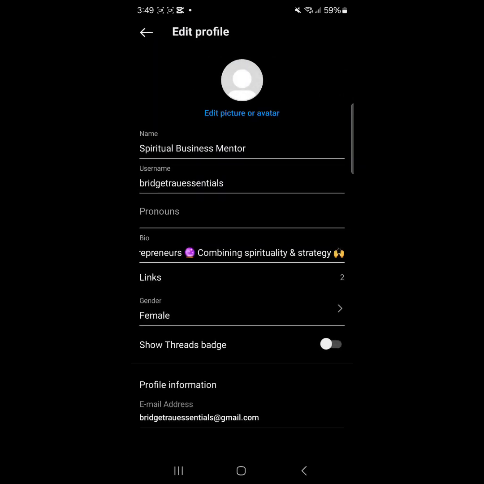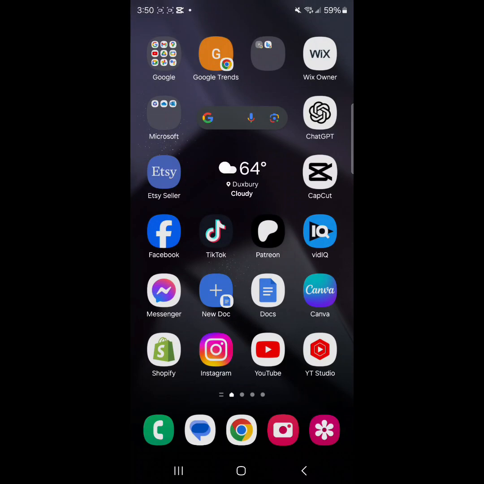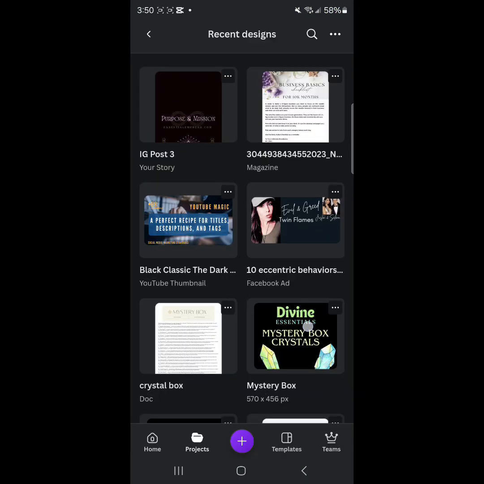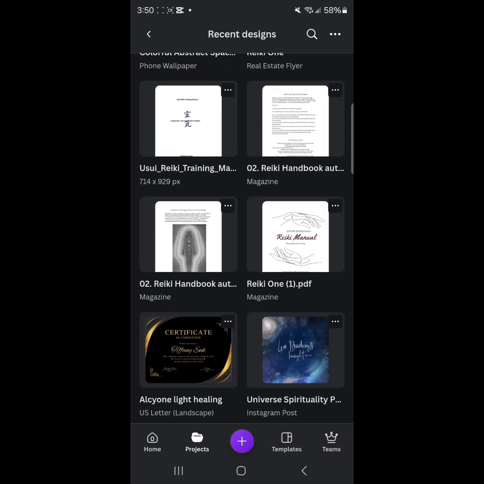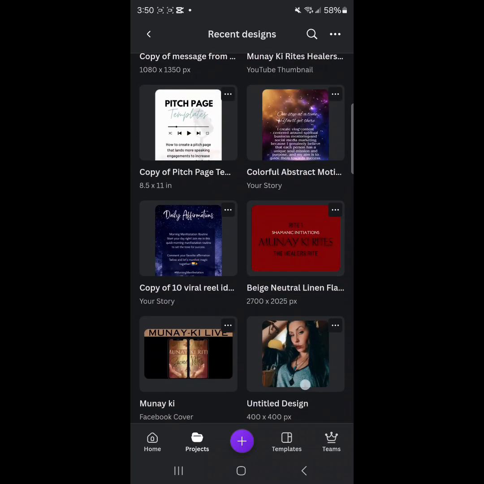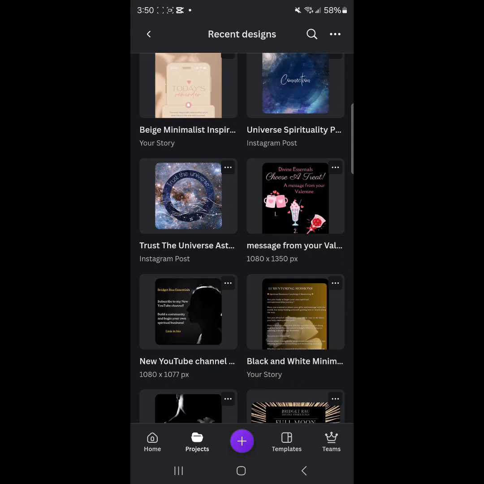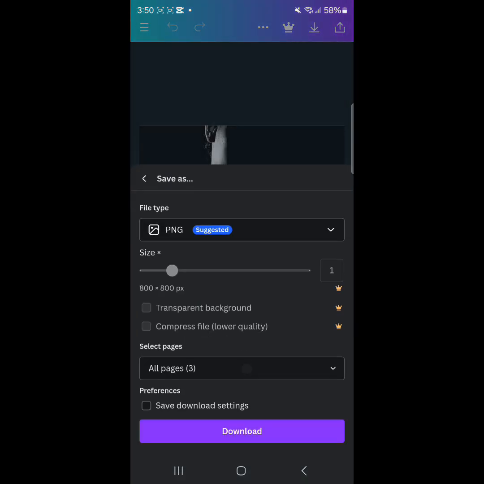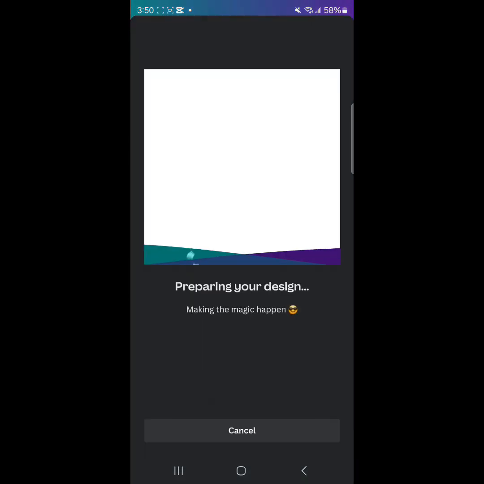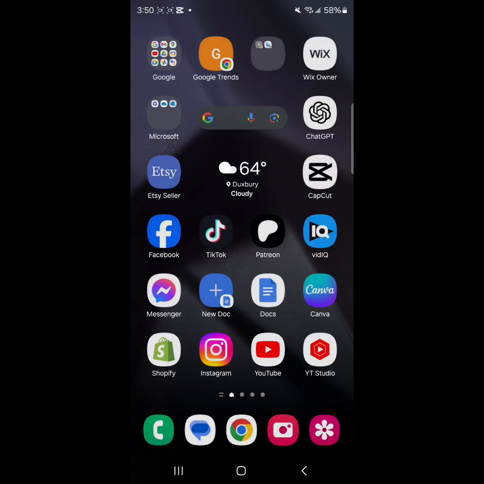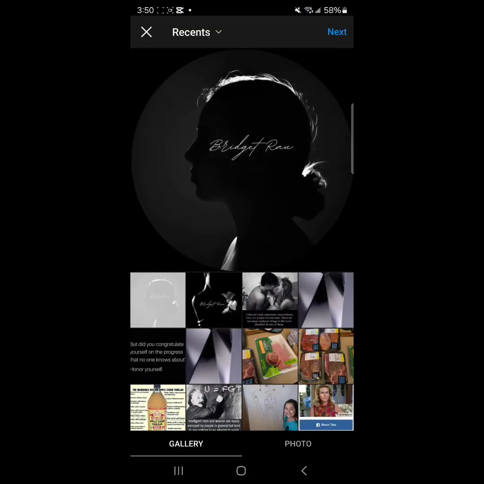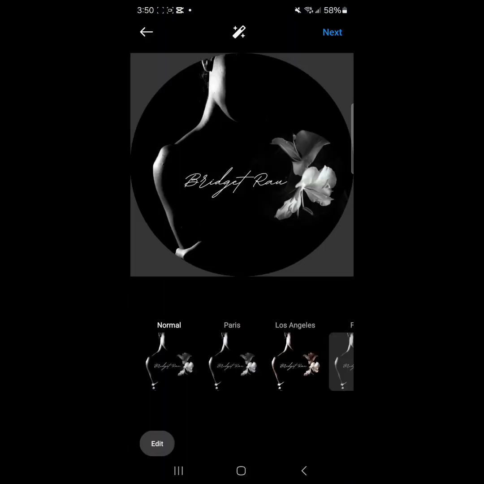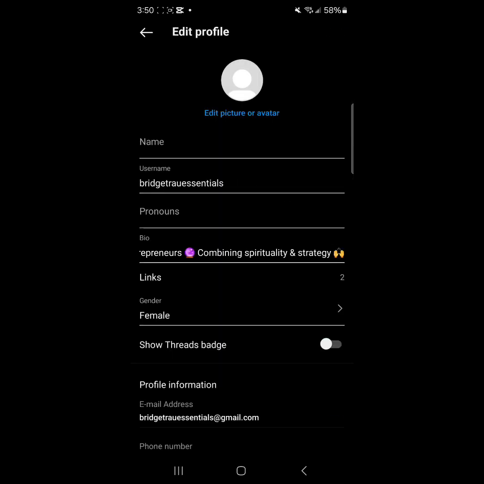So we've got a little avatar, and then we'll go get my thing in Canva. Where's my picture? Here we go. I'm just going to download both and see how they look. And again, I made those very easily and quickly. It wasn't a big deal. Let's see how that looks.